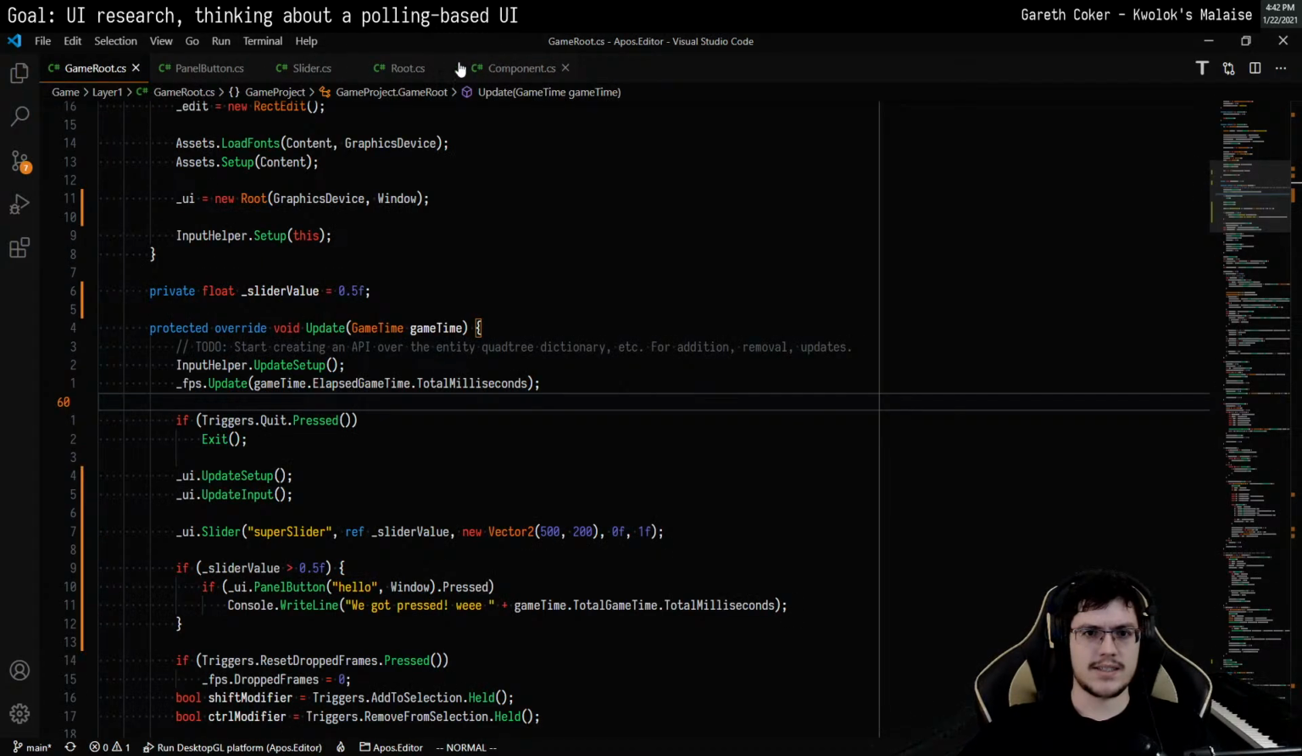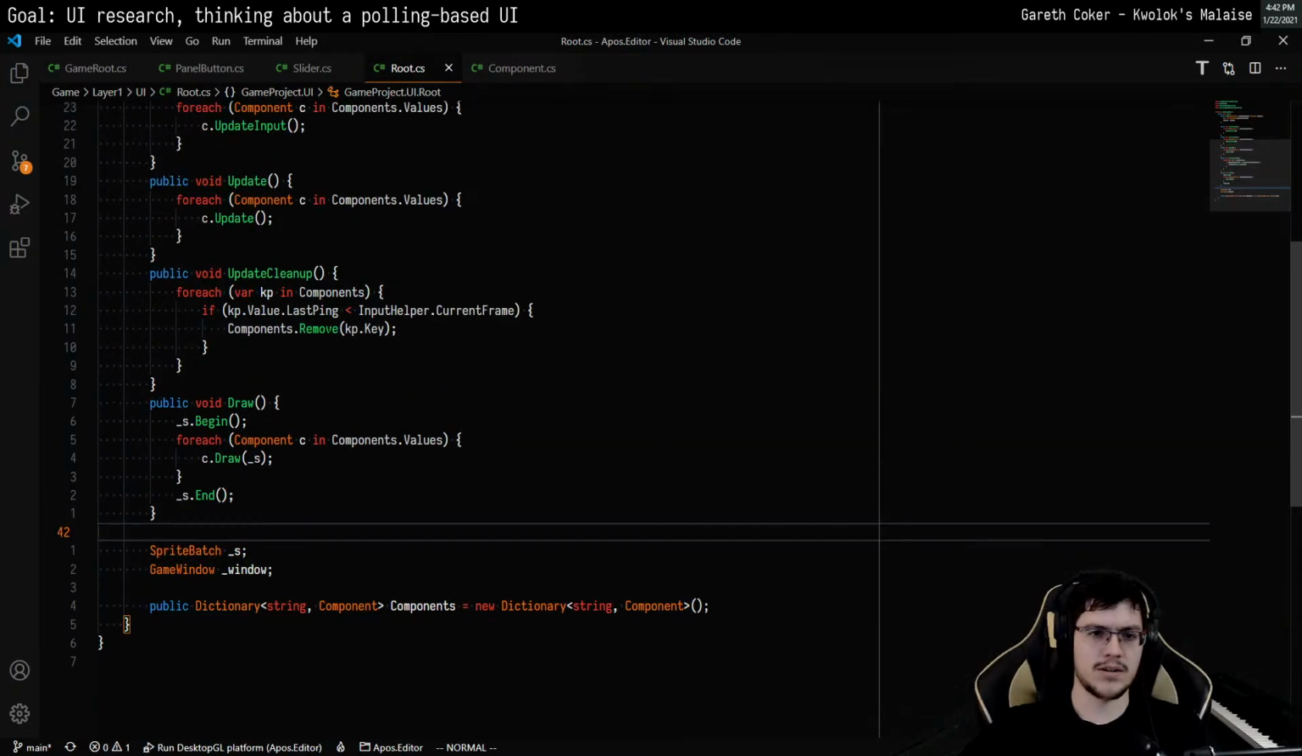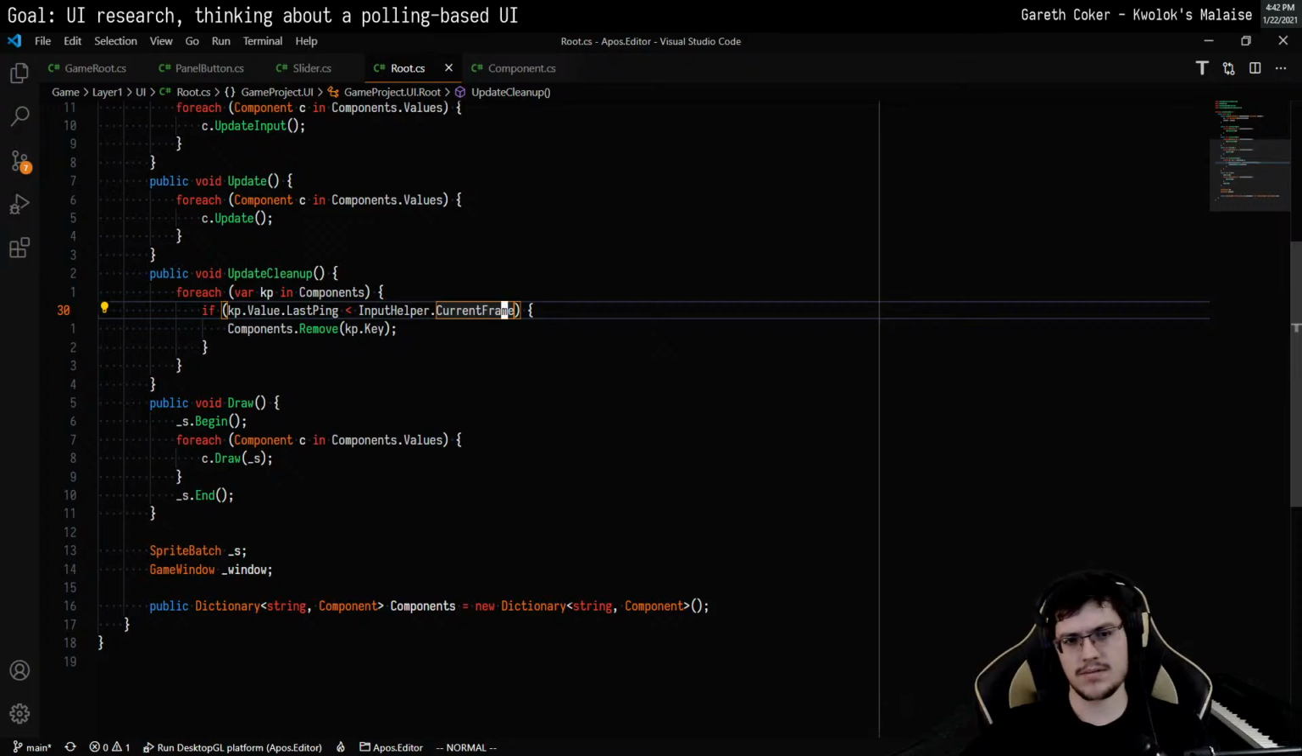Let's look at this root component thing. So update cleanup right now. If the last ping is current frame,